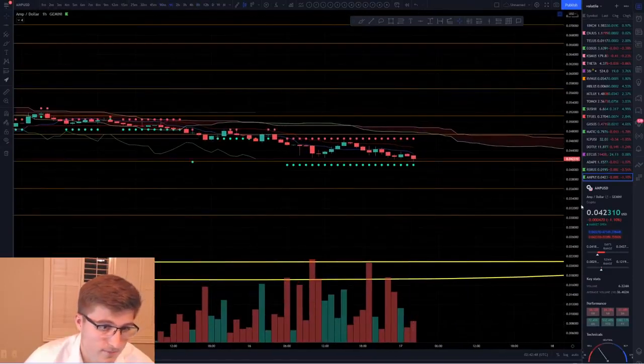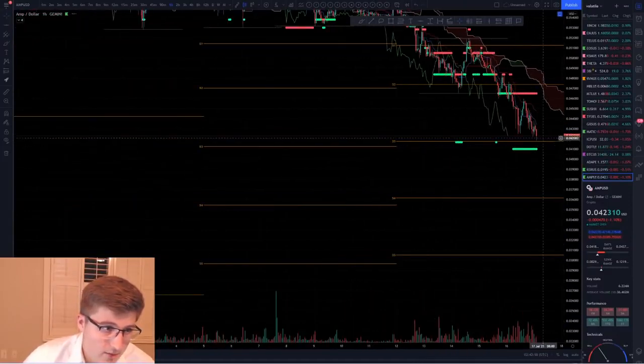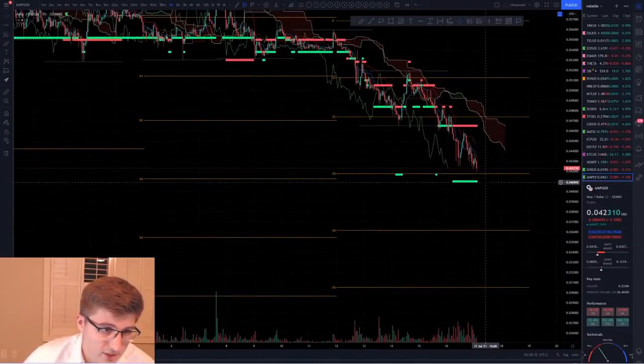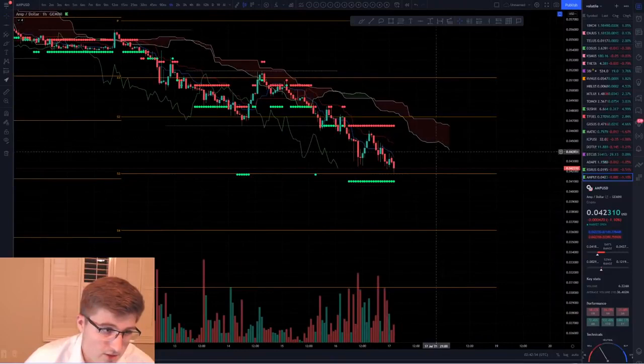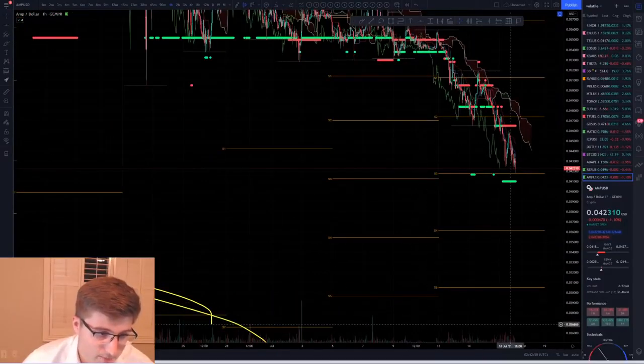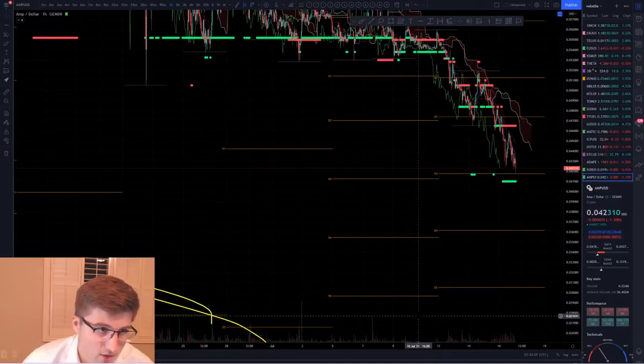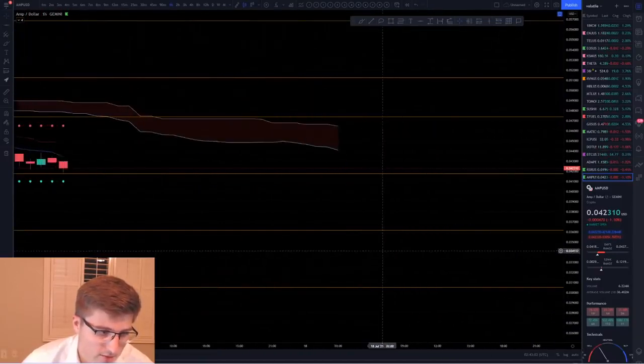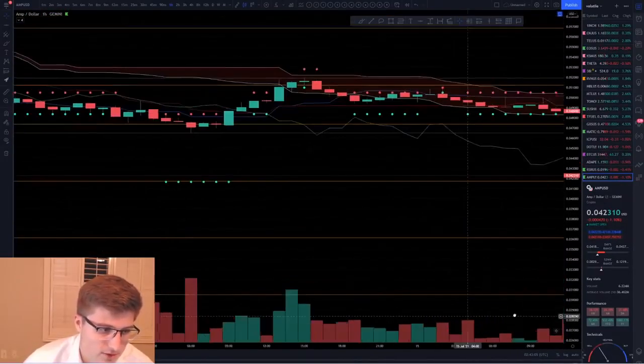Let's look at that hourly. As of right now, we're at S3 support 3. We have some support here at 40. If we don't have some sort of movement to the upside, I doubt this will be able to recover. We do have a lot of bearish volume today, okay? Let's zoom into volume. Look how low this volume was. This is what I'm talking about.